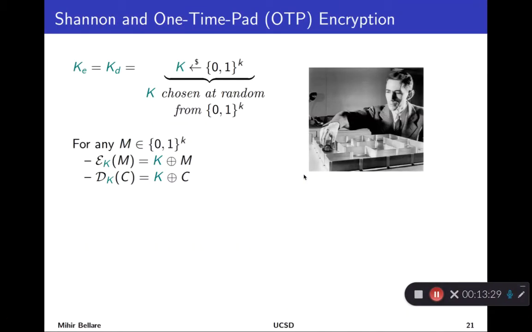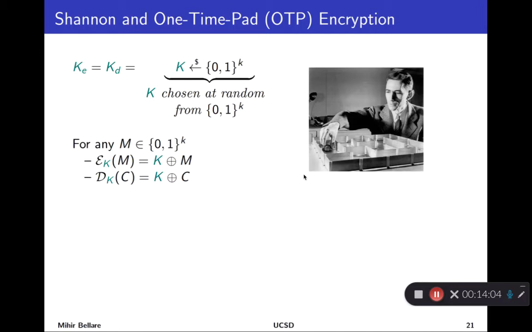So where do we go from there? Well, in our historical evolution, maybe the next interesting step, jumping ahead a fair amount, was when Claude Shannon decided to back up and try to look at encryption more mathematically, particularly from the point of view of trying to define what security actually is. So he looked at a system which is now called the one-time pad. It existed before his time, but his approach was just more theoretical.